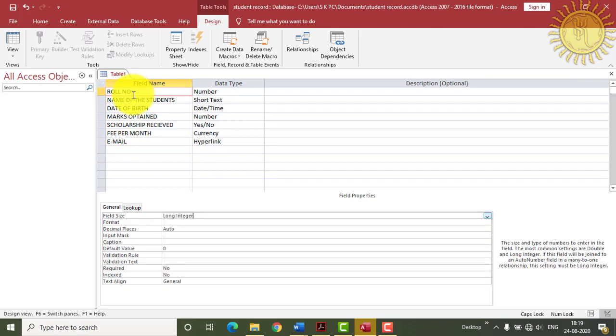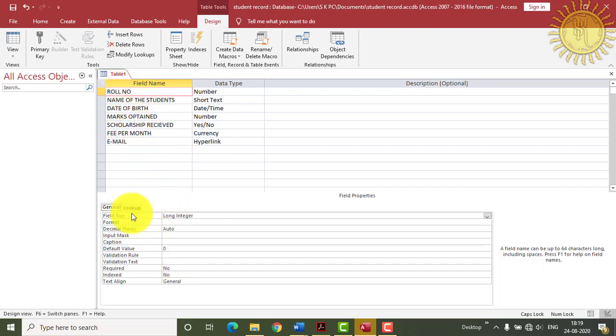Now after that, you can set the field properties. For example, when you click on this roll number, you can see the properties of these fields at the bottom, and after clicking on this general tab, you can see the properties of this roll number.